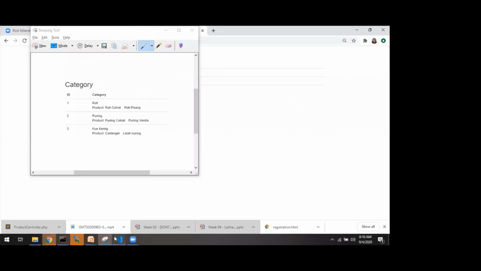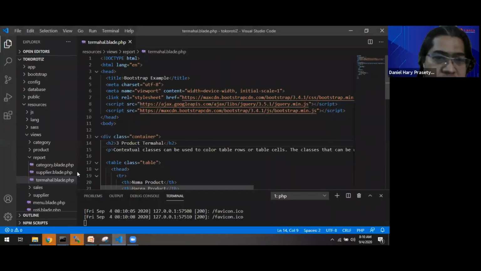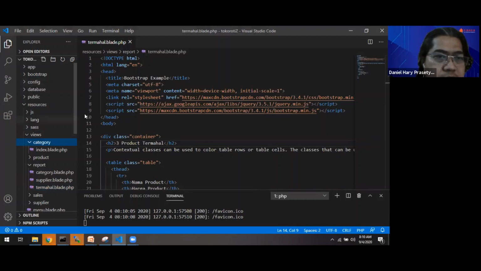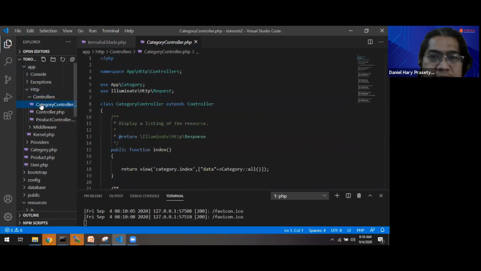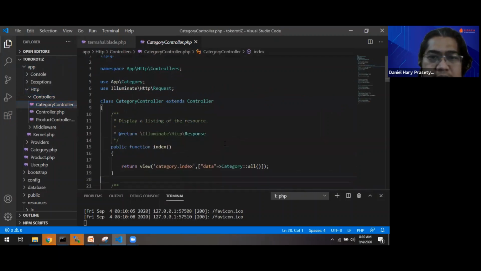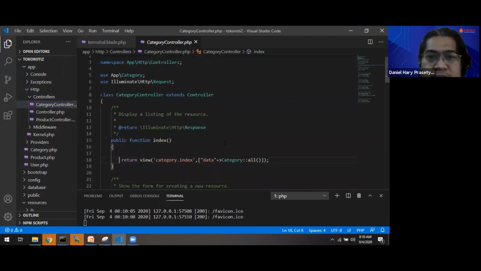Please do it. You have to start by creating the controller. The controller just sends the view.